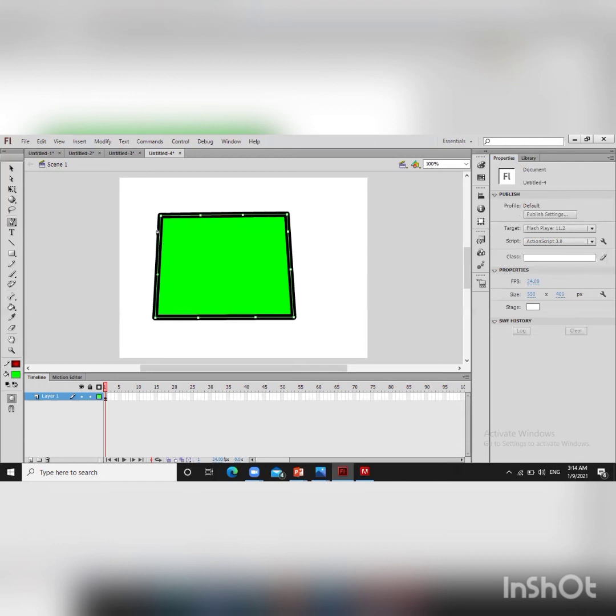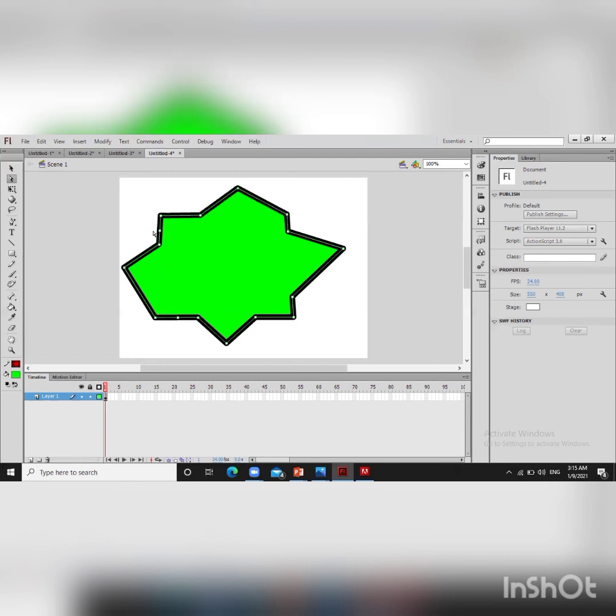So now you can see we have made many points here on the left side and right side according to our requirement. So now there are not four points, many points are there because I have added many points. Same like that, if you want to delete any anchor point, the same option is here, delete anchor point. Okay. So now you can go to the sub selection tool and move your mouse pointer on these points. So you can make your drawing according to your requirement like that. It is called transforming object.